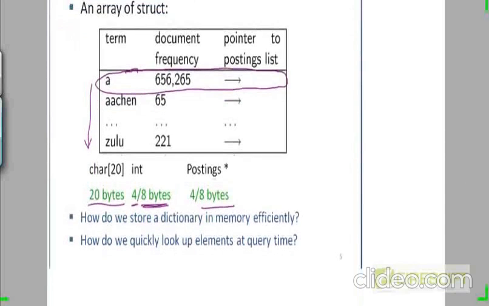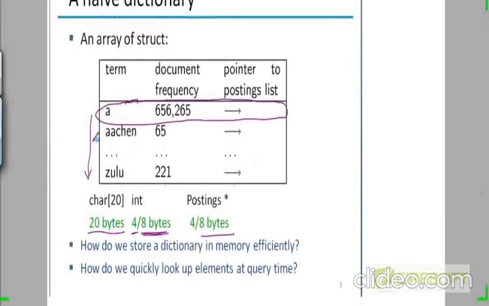Later in chapter 5, we are just going to start with this kind of naive implementation, and then we are going to see how we can compress the dictionary and also compress the postings list. So right now the size of the dictionary would be given by 20 plus 8 plus say 8 bytes, which would be 36 bytes for each of these rows, and 36 times the number of terms in the index. That would give you the number of bytes taken up by this implementation.